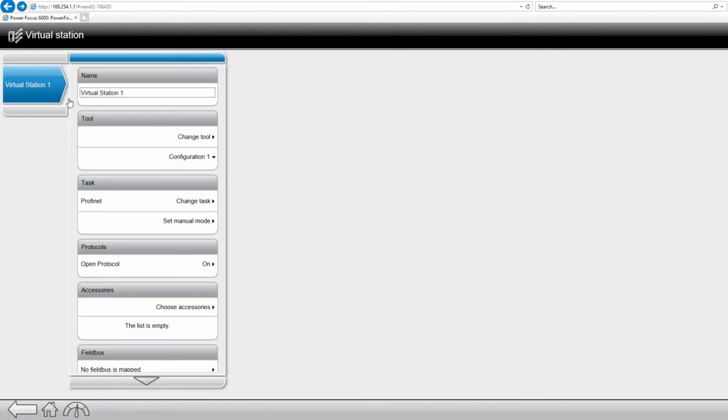and it'll become the task. So now at this point, if I pull the trigger on the tool, it's going to say no P-set selected because I'm waiting for Profinet to select the P-set, and in our situation also set the batch size. So that's what a source tightening is. That's how we select P-sets from an external source, whether it be open protocol, whether it be a field bus,